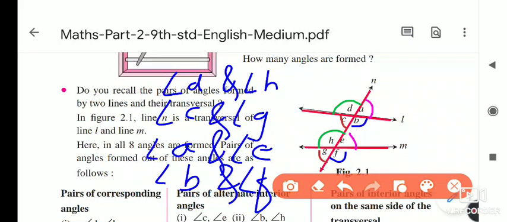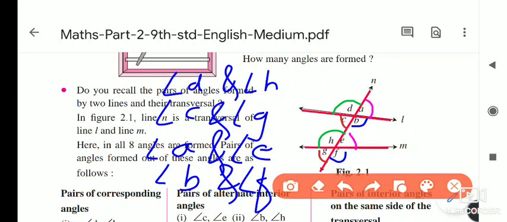So from this we understand that when two lines are intersected by a transversal, 8 angles are formed, and it forms 4 pairs of corresponding angles. Their locations I showed you here with the same color, and here I wrote these pairs of corresponding angles. Okay, now